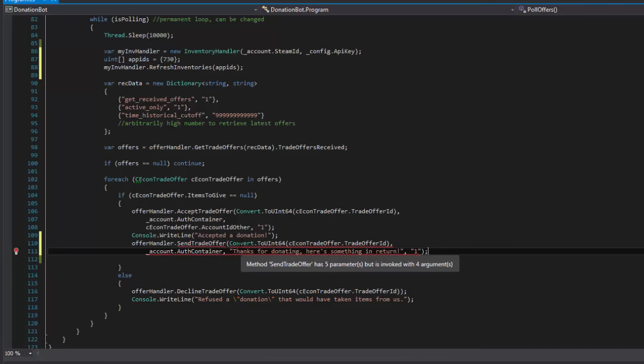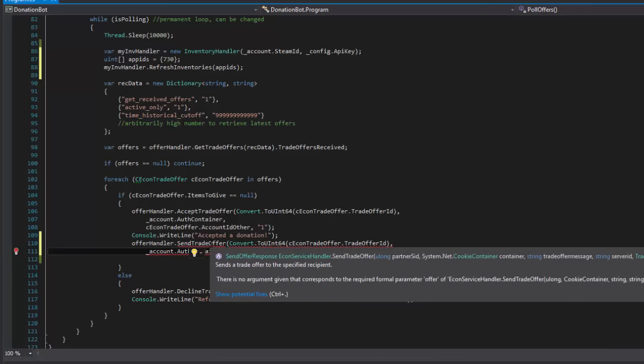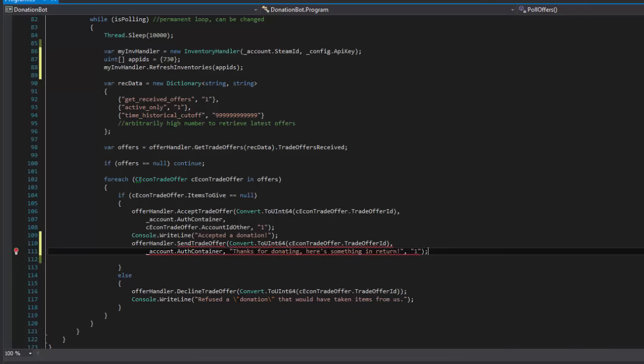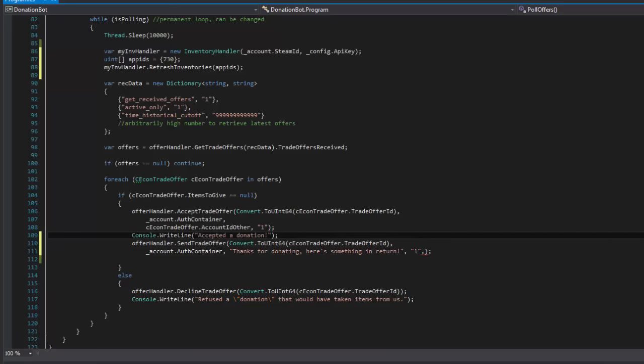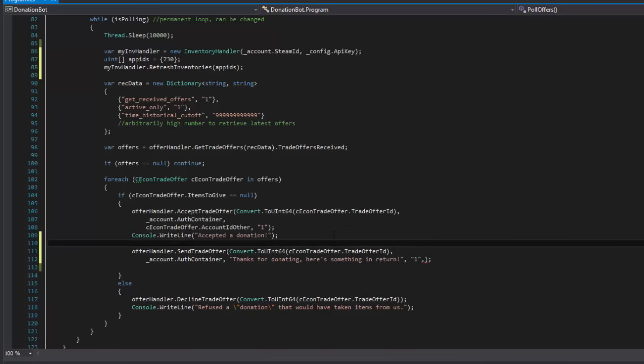So this is going to complain. For one, we didn't give it all the parameters. So you're going to see it's going to want a trade offer parameter. So let's do that now. So trade offer